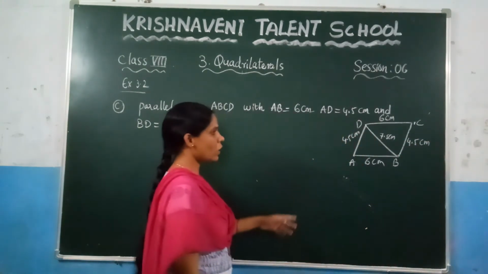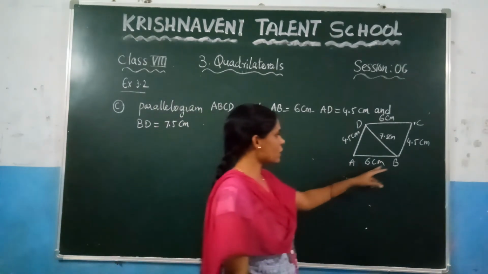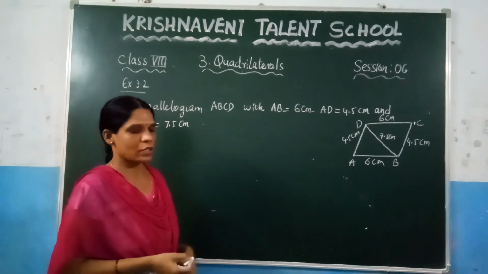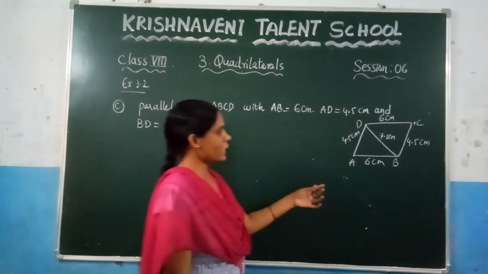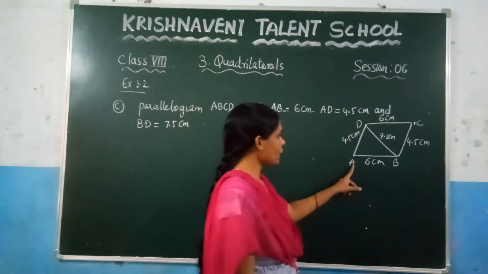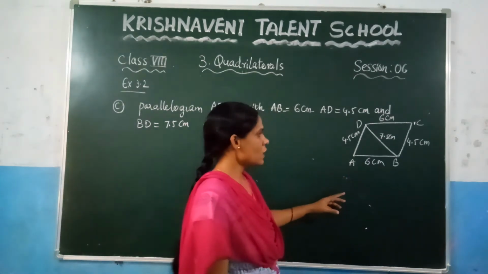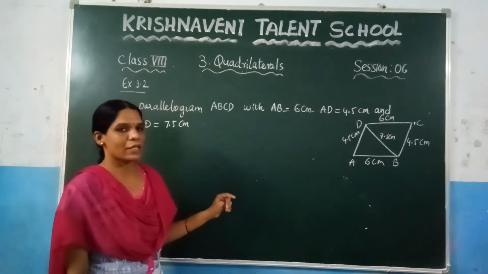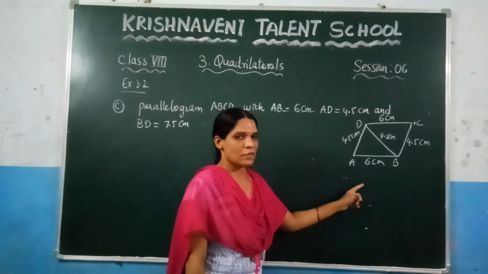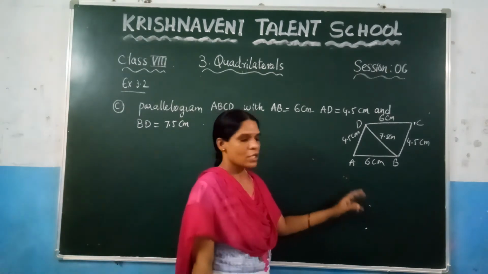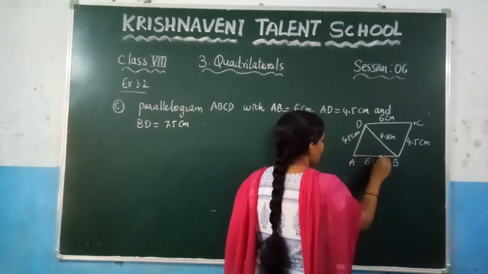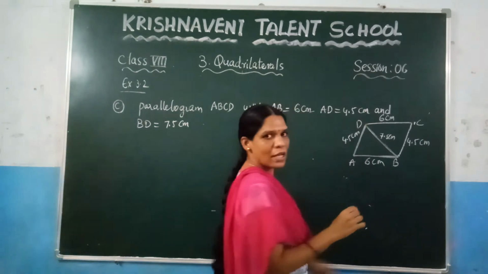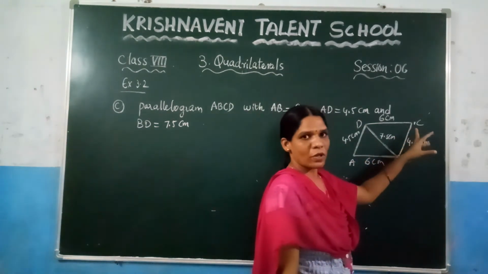clearly you can observe that we got the 4 sides and one diagonal. Now, based on this we need to construct the parallelogram. So here you can observe which triangle you need to draw. Before, we have discussed that if you want to draw a quadrilateral and 4 sides and one diagonal are given, you need to construct the triangle first. Based on the rough sketch you will come to know which triangle to construct. You can construct first the triangle ABD, right? You need to construct the triangle ABD first, and after that you can mark the intersection point based on that.